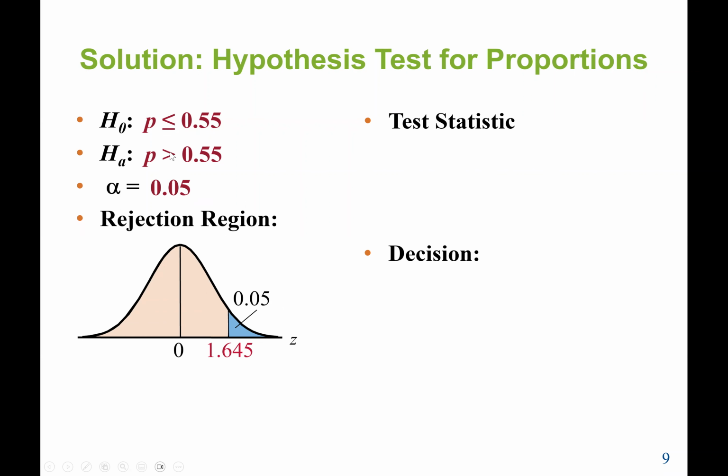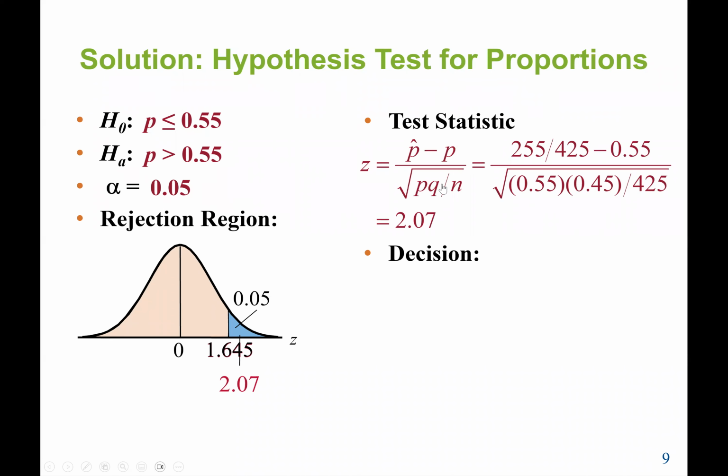And then here again, we say greater. So it's only one way, or one tail. If HA is greater, that means we go to the right side. So again, we find the Z value here, 1.645. Then we need to find the test statistic using the formula P hat minus P over the square root of PQ divided by N. We plug in the values, and we find it to be 2.07. After that, we have the test statistic value, we have the critical value,